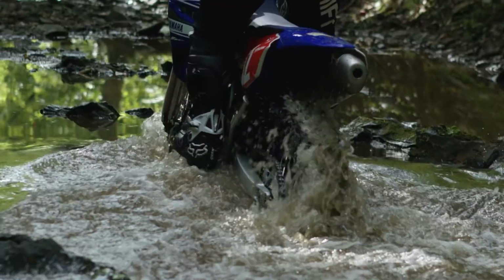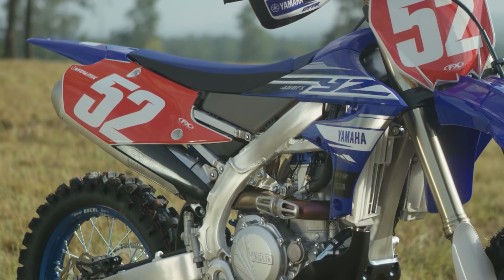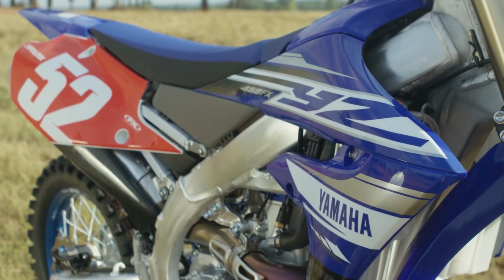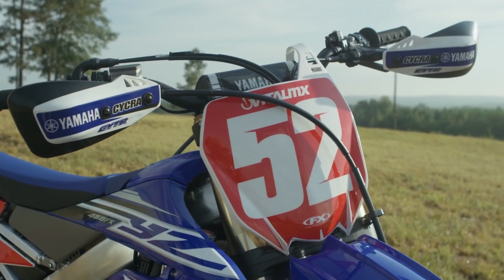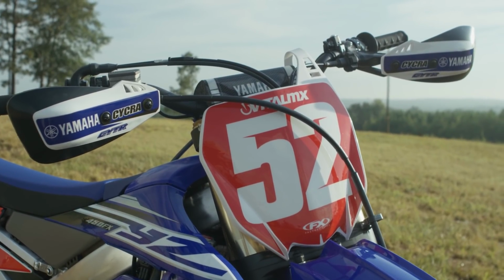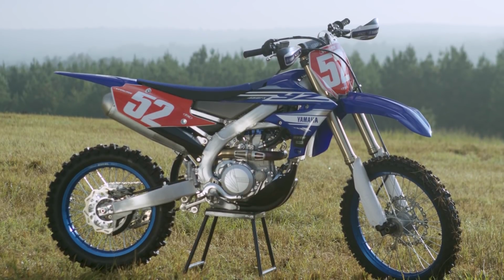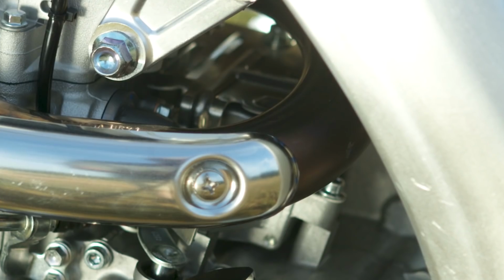We're out here in South Carolina at Randy Hawkins' private facility riding the 2019 Yamaha YZ450FX. Per usual with the FX line, Yamaha has gone through and done that major update the year following the motocross model. In 2018, we had an all-new YZ450F, so they've brought all those major changes over to '19 for the FX, along with the usual small little details here and there that make the FX so unique and special